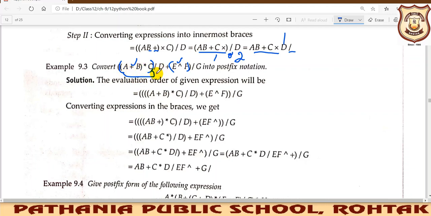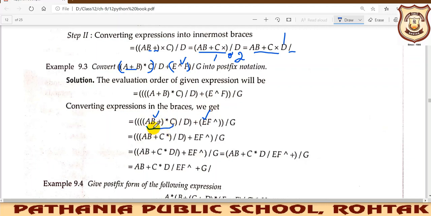When this is solved, you will take it as 1 and then try solving it with d. Once it has been solved with d, then we will combine these two together. Let us try it one by one, step by step, so that you may not get confused anywhere. So firstly we will be solving this, and it will give me ab plus. Next we will solve this, so it will give me ef exponential. This we have also received. Now we will go for solving these two.